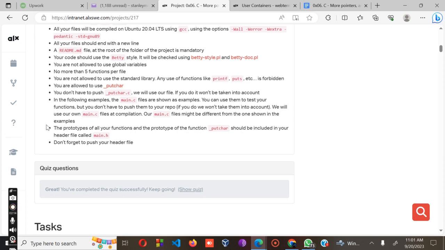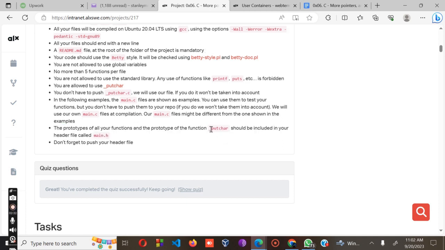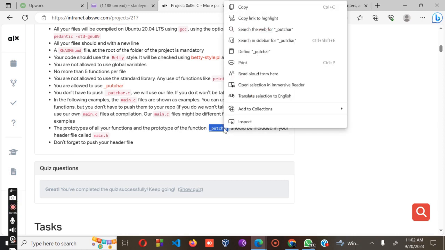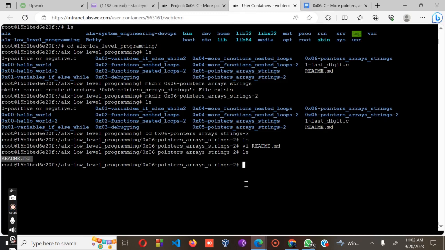we must have the prototype of all the functions, which should be included in your header file called main.h. Okay, so the next step is to do that. So copy this one, copy as per the instruction you are supposed to include. Okay, then we have the vi,